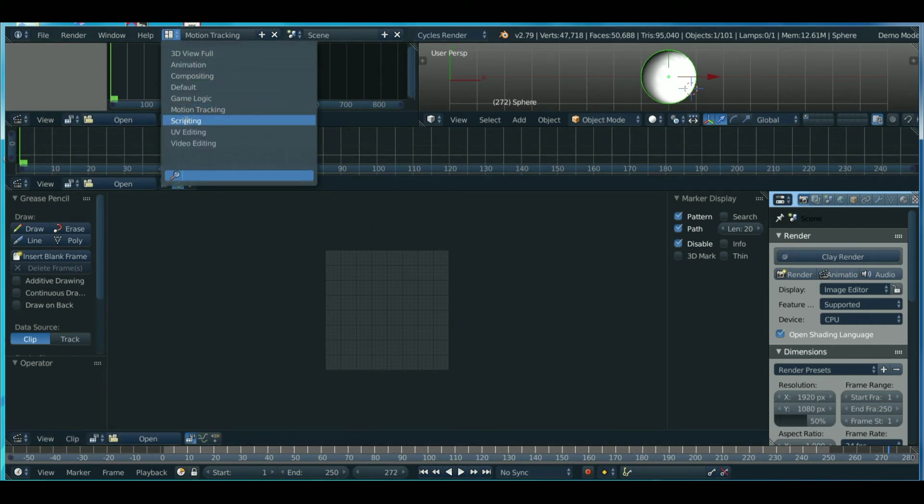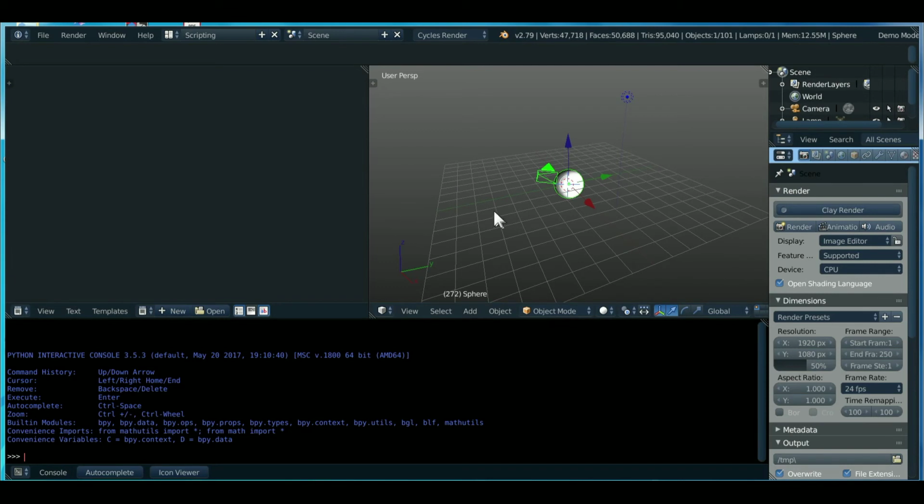And then comes the scripting. All uses Python, so you can just do all that here. And it is Python Interactive Console